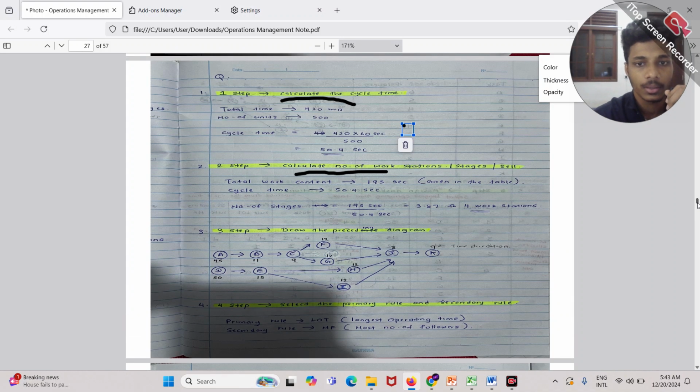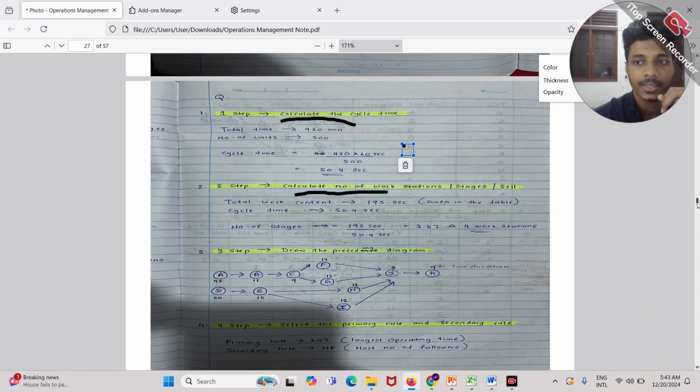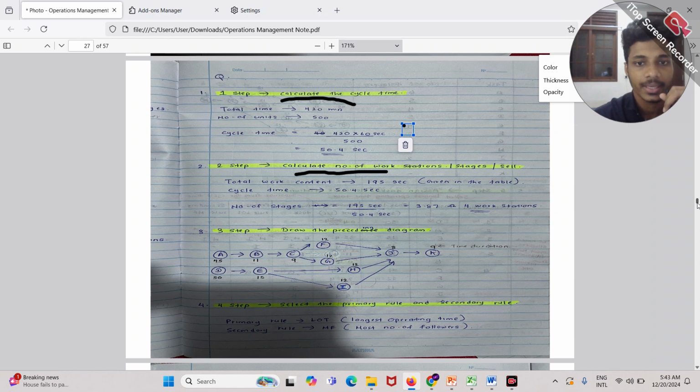So yeah, what are we going to do? Firstly, you have to calculate the cycle time, right? Cycle time, and